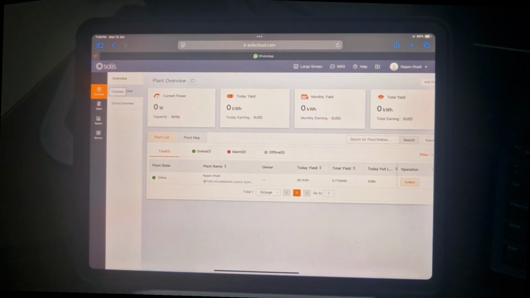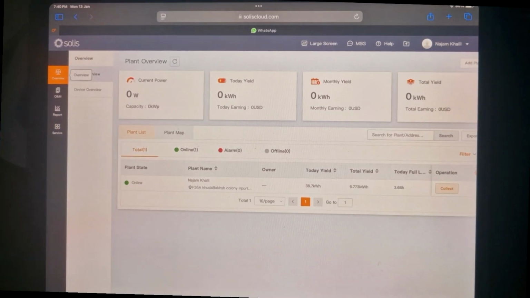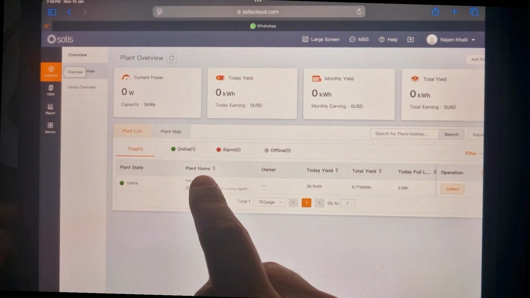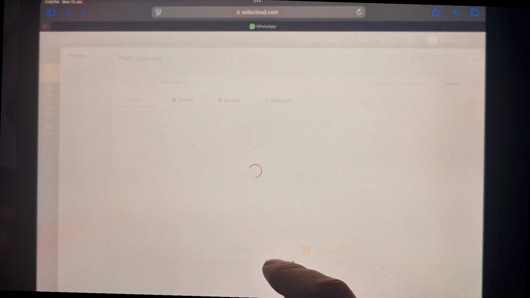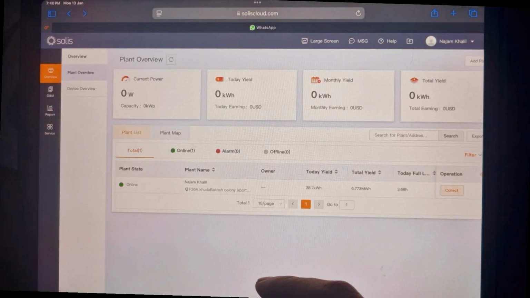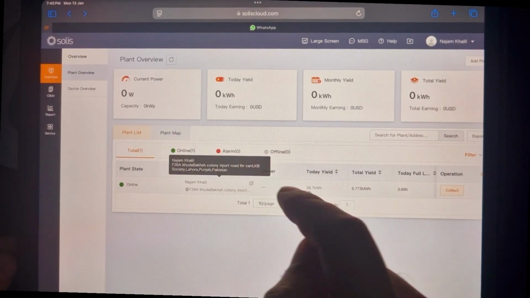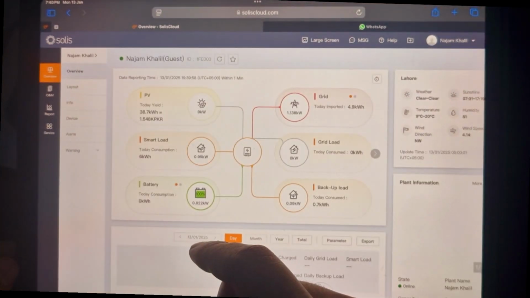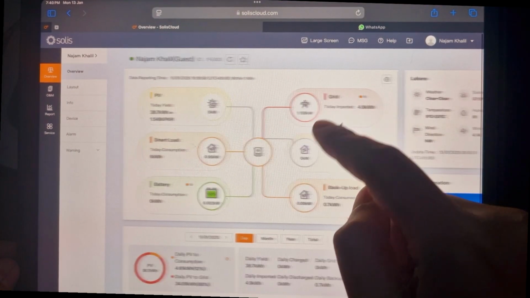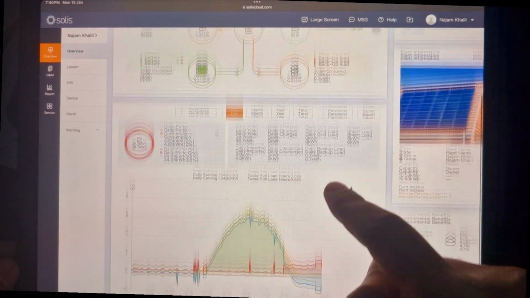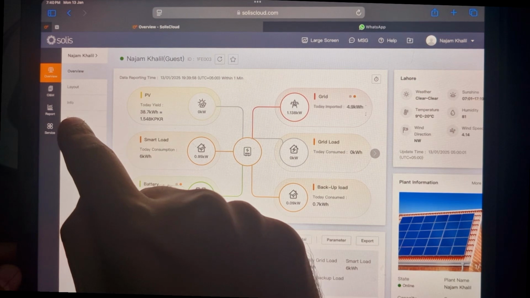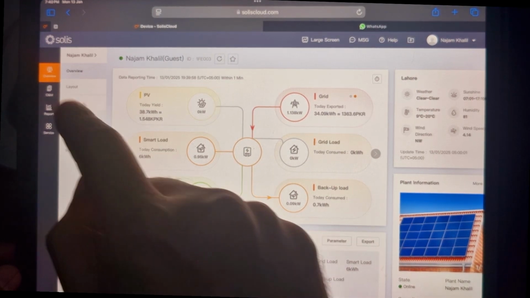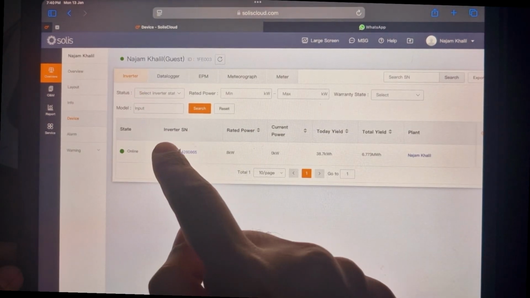Let me zoom in. So here first I have to go back to the main screen, home tab. Then select the inverter I am currently looking at. This is more or less the same as what we have already seen on the iOS or Android app. Now there is this section named devices. Go to the device, select the inverter,